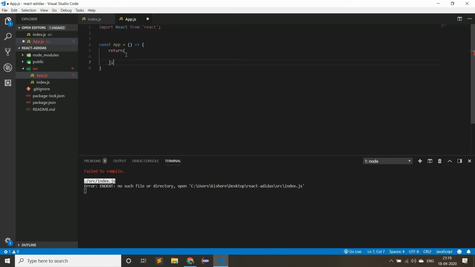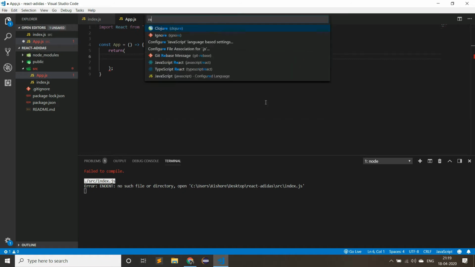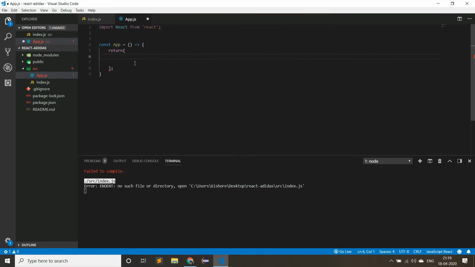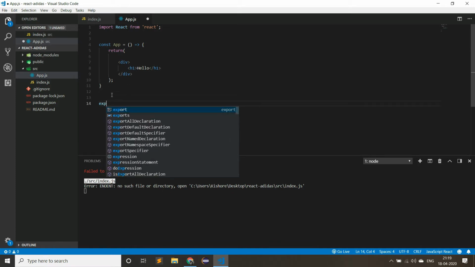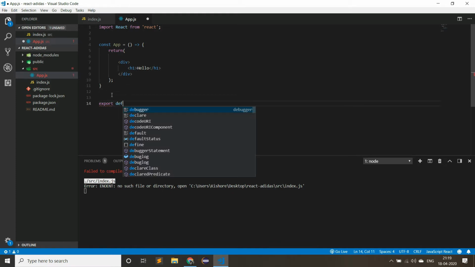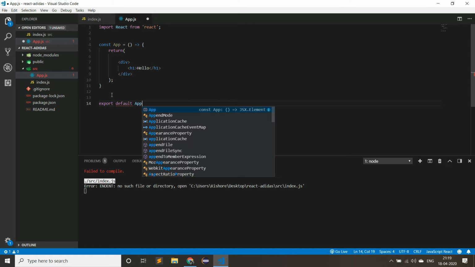Inside of return, let us create a div. For this, let us change the JavaScript to React, so that it will be easy. Inside of that, create a div with the header or h1, that is hello. Let us export this app, otherwise we will not get the things into index.js. So export default App.